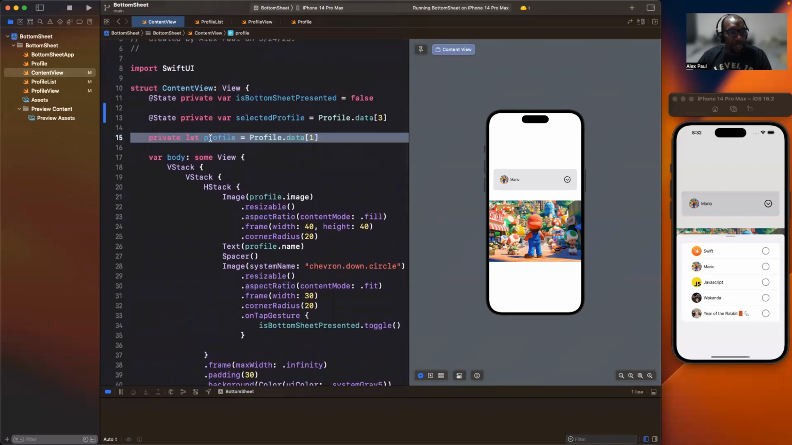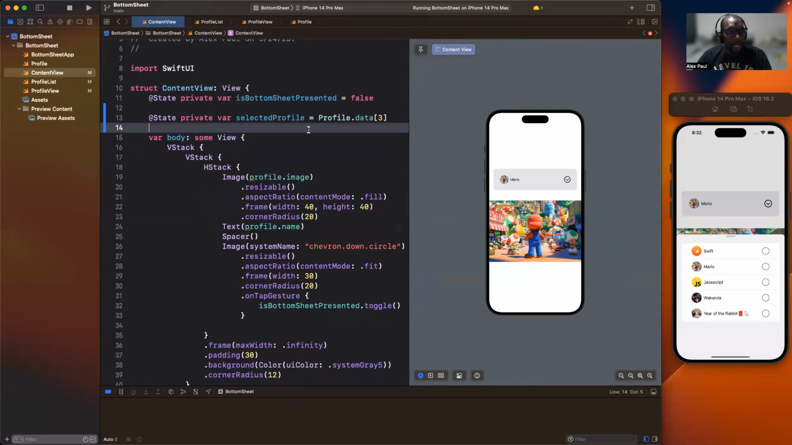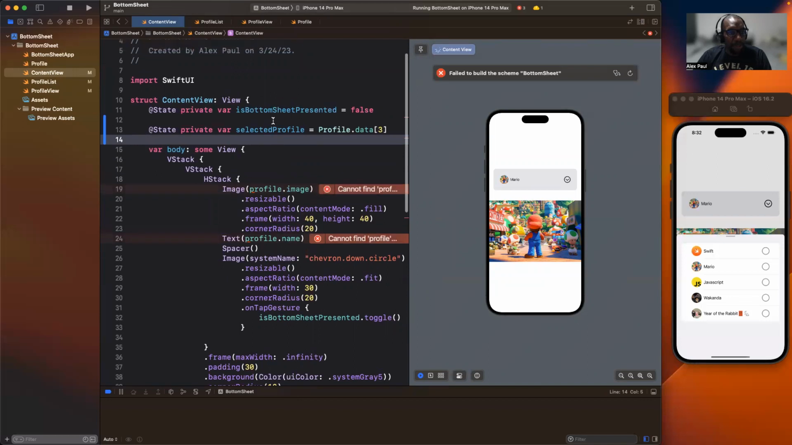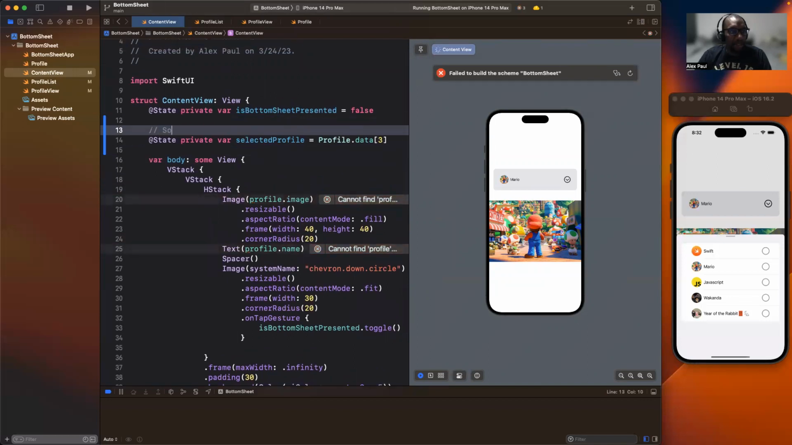So no longer are we using this profile. Let's actually remove this particular profile because now we have state. This is not state. Whatever changes here is not going to update our SwiftUI view. So let's remove this profile and let's fix compiler errors. So now our source of truth for selected profile